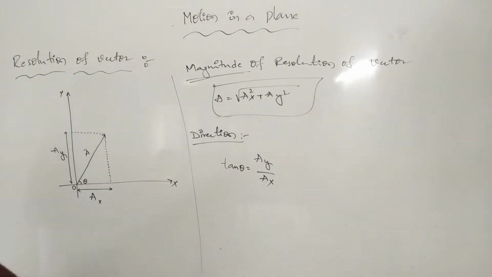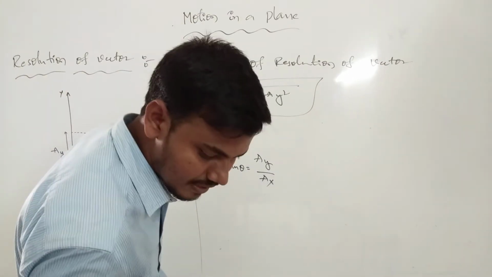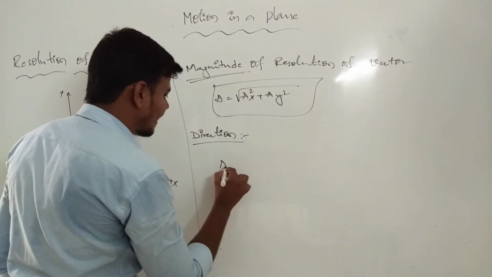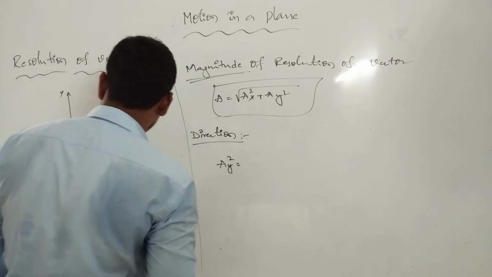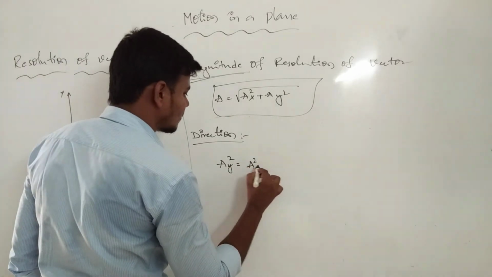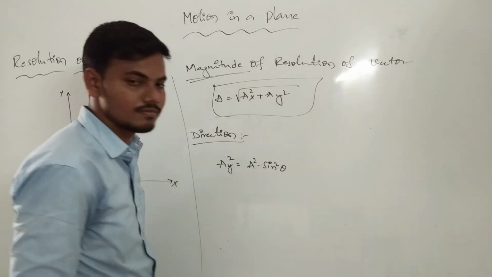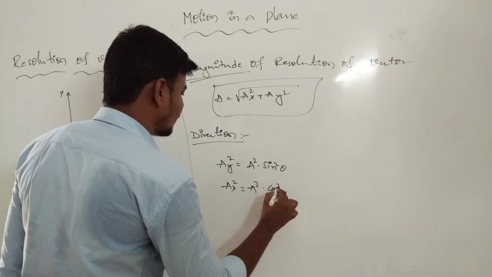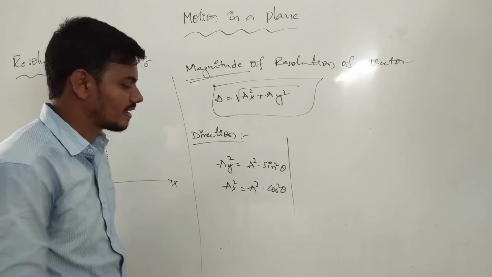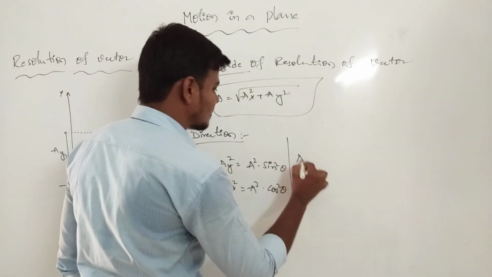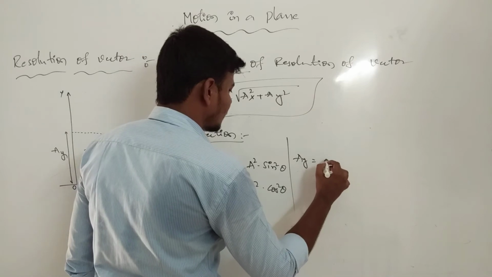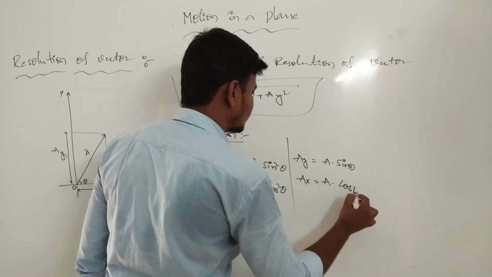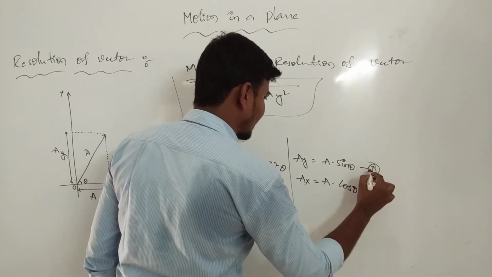There are two things. The first one, the first axis of first position. Our previous equation, we can introduce equation 1. Ay square is equal to a square sin square theta, and ax square is equal to a square cos square theta. Here, ay is the y position: a sin theta, and ax is a cos theta. This is equation A and equation B.